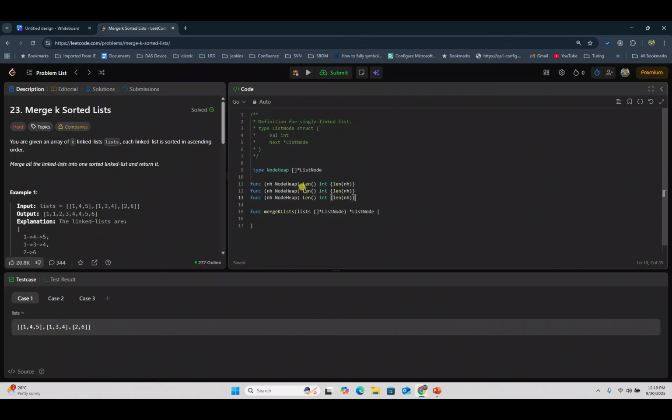So basically we need length and something called less, because this will be helpful for us for comparison purposes. So this will be written in bool,